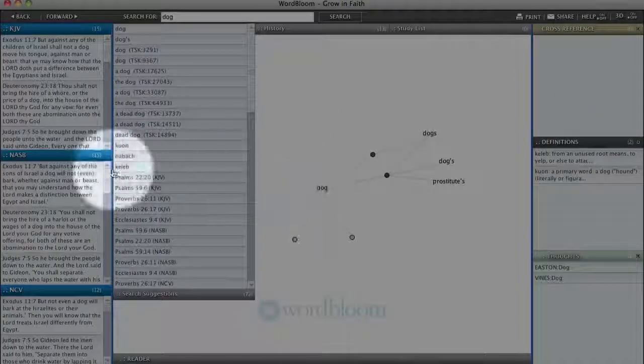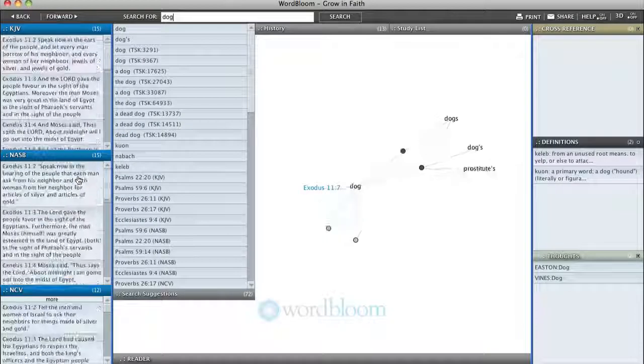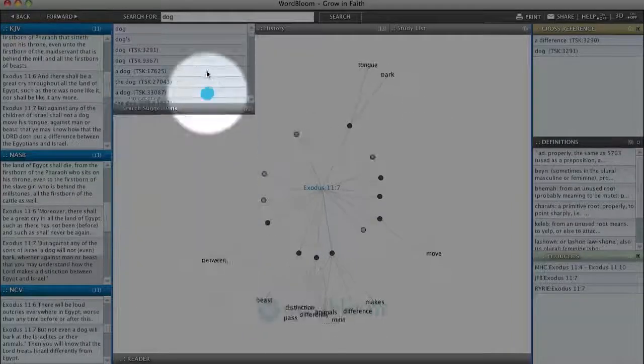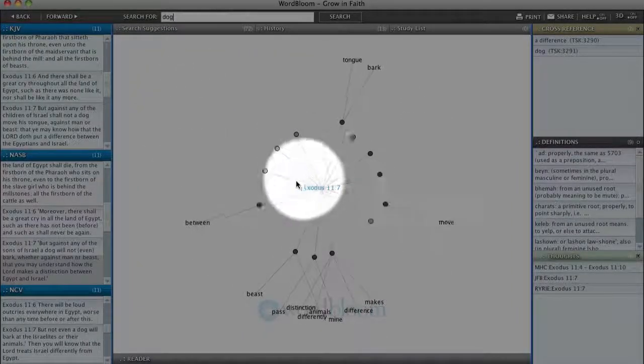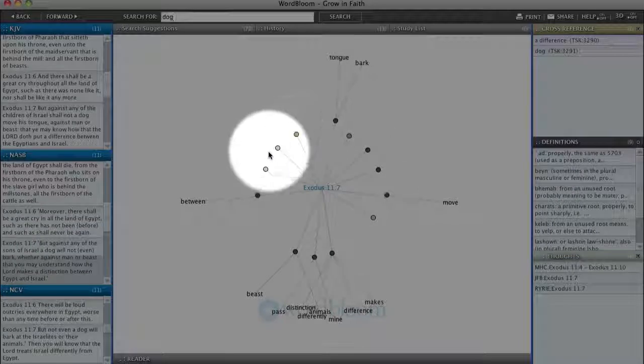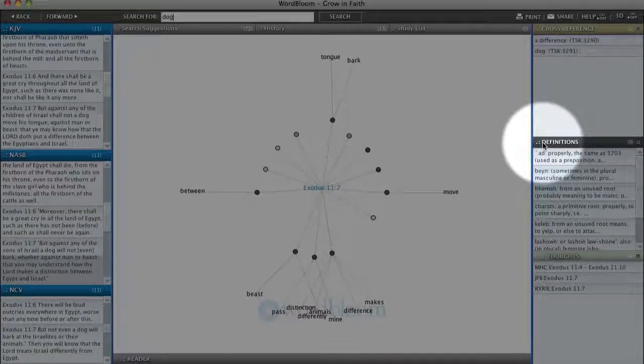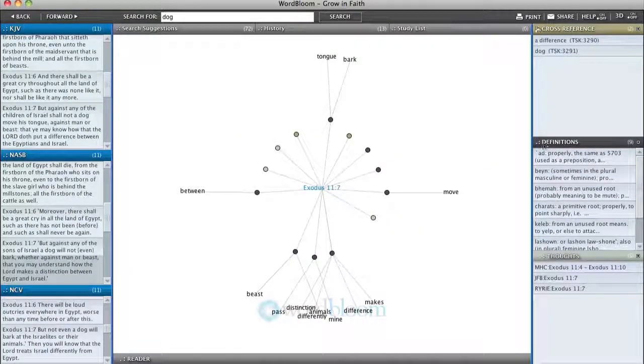Okay, so what happens if we put a verse in the middle of a bloom? Well, with a verse in the middle of the bloom, we see that the verse is surrounded by different nodes. Each of these nodes, as previously seen with dog, relate to resources,